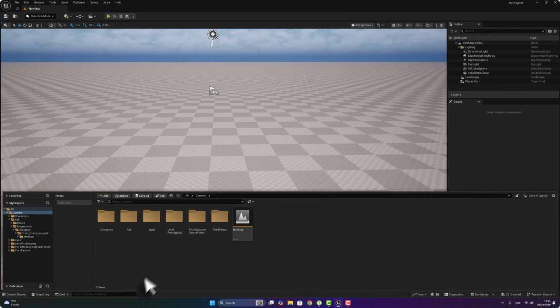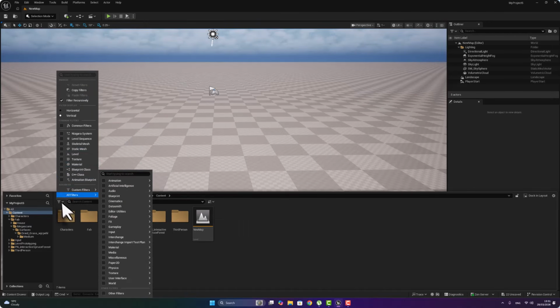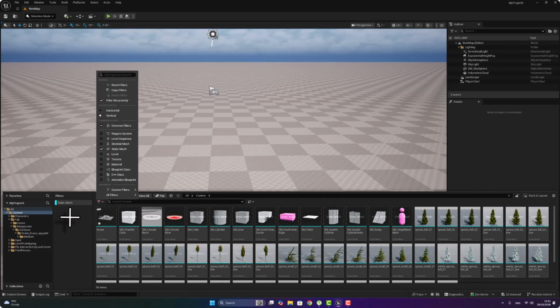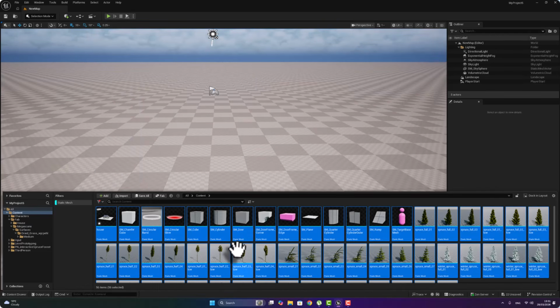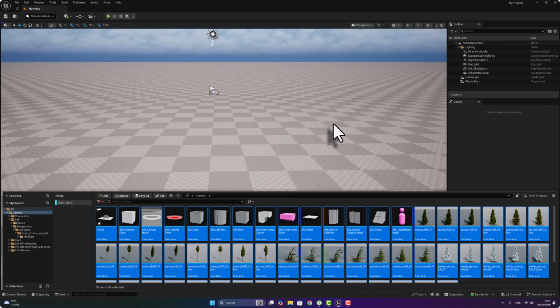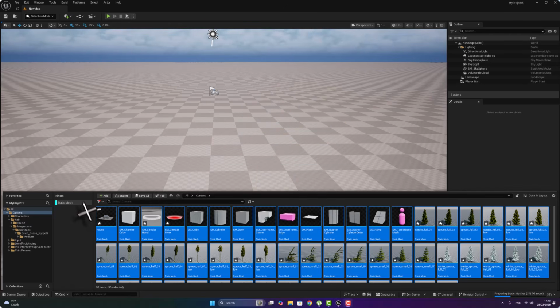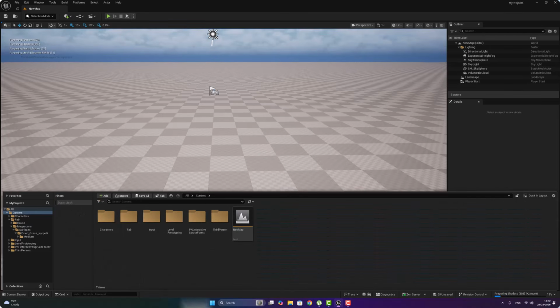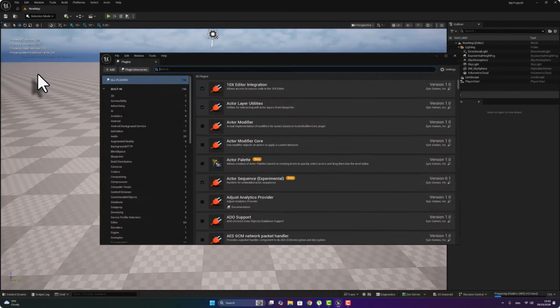Go here to content. As you can see, you have those files. We have to go right here. I want to enable this static mesh. After enabling the static mesh, press Ctrl A, select all of those, and here enable Nanite. After enabling Nanite, we have to go right here to Edit, Plugins,